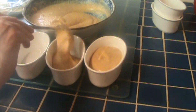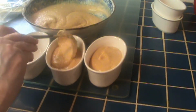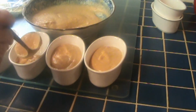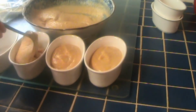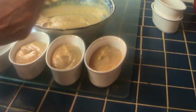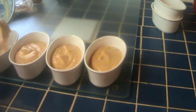And I'm going to bake these like I would a creme brulee or any kind of a custard. I'm going to put the ramekins in a baking dish, and then add some hot water to the baking dish. And that just changes the texture. I'm sorry, I like the science of cooking. I don't know the science of why that happens, but I think it just spreads the heat out more evenly than if you just put them directly in a pan without the water. So this is going to work out